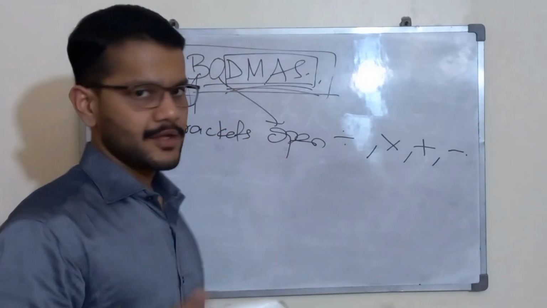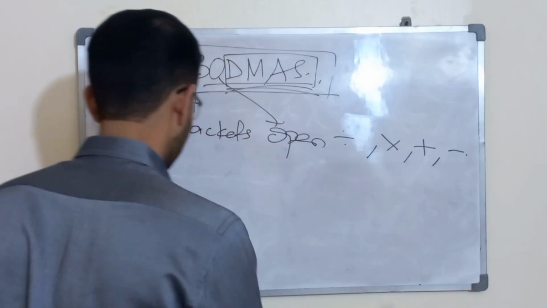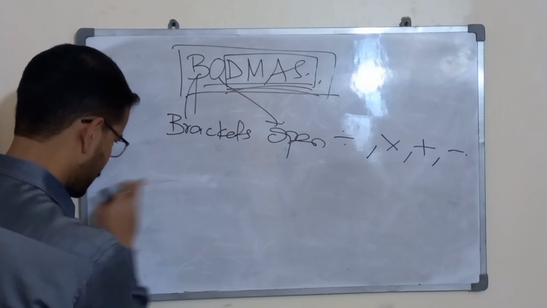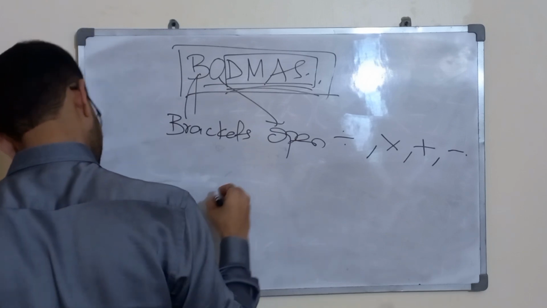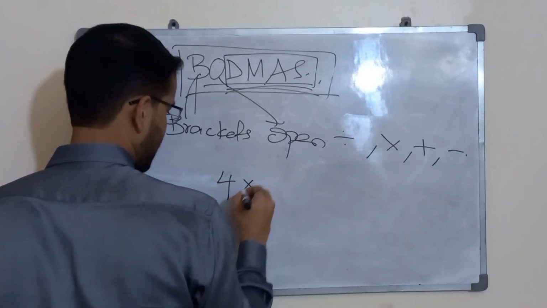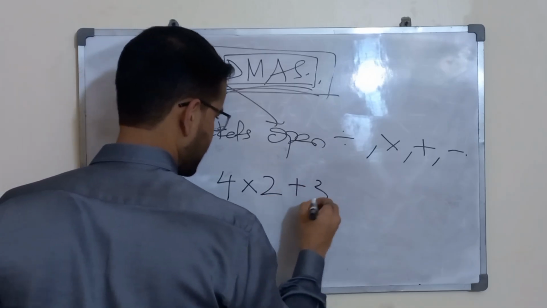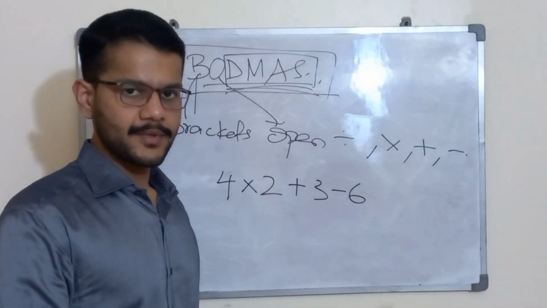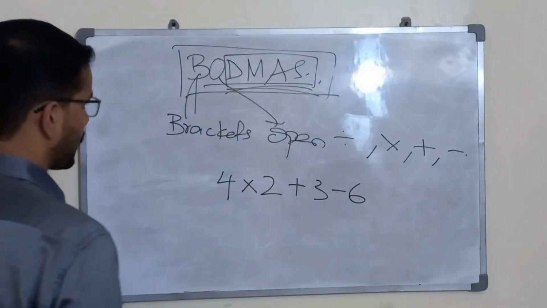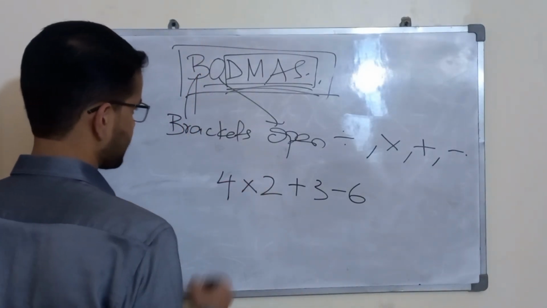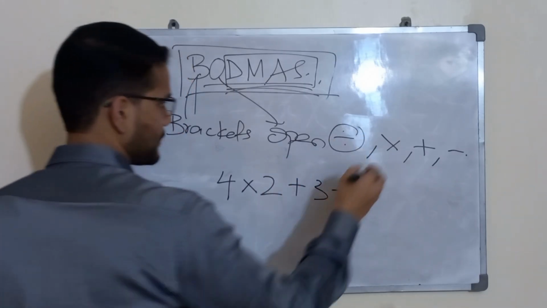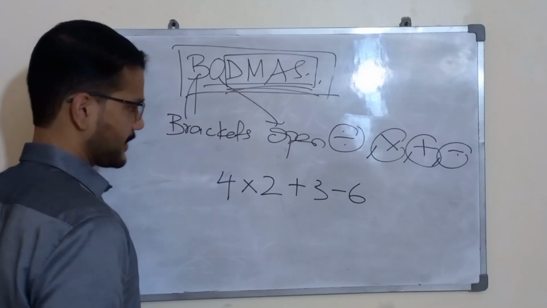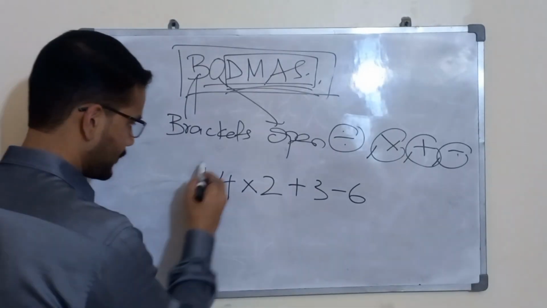For example, let's suppose a question asks you to evaluate this expression. What will be the answer? For example, let's say here we have 4 multiplied by 2 plus 3 minus 6. What would be the answer over here? In accordance with the BODMAS rule, we would first be performing division and then multiplication and then addition and lastly subtraction. So, first of all, we do not have any division, so therefore we would be multiplying 4 by 2,